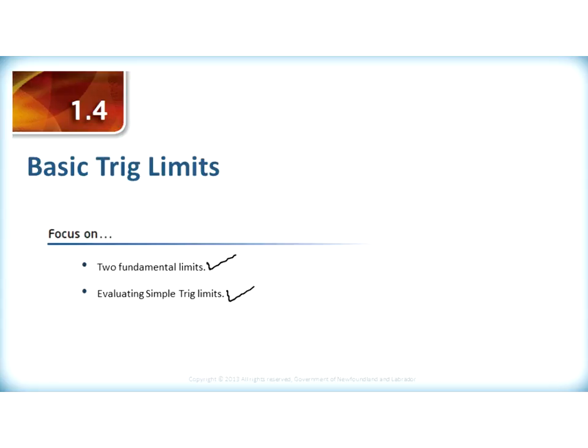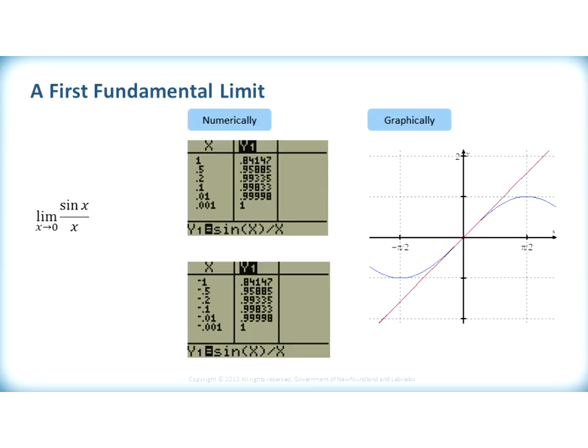Okay, let's get rolling. The first of our two fundamental limits is this one, sine of x divided by x. How do we figure that out? If we don't know what it is and don't really have an algebraic technique for it, then as we did way back when we were first looking at limits, we can look at a numerical depiction of what's happening as x gets close to 0, or we can look at it graphically. If we look at this numerically first, we're going to see what happens as x approaches 0